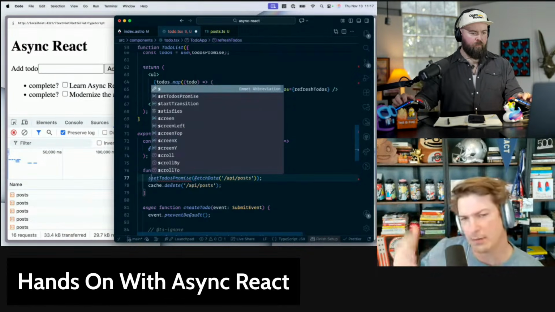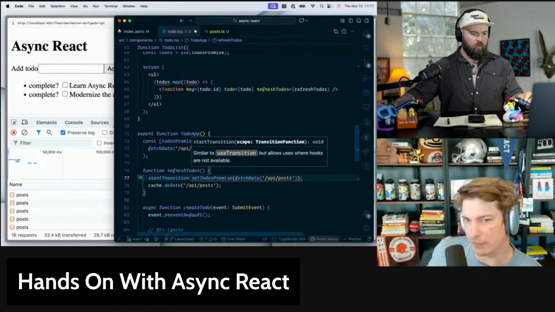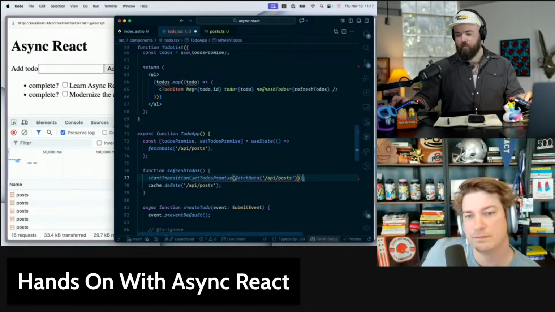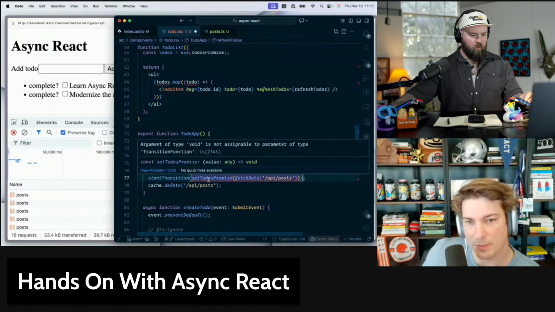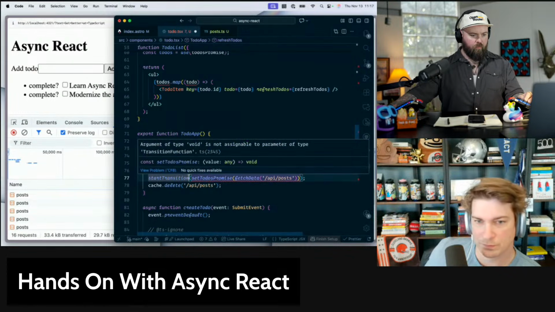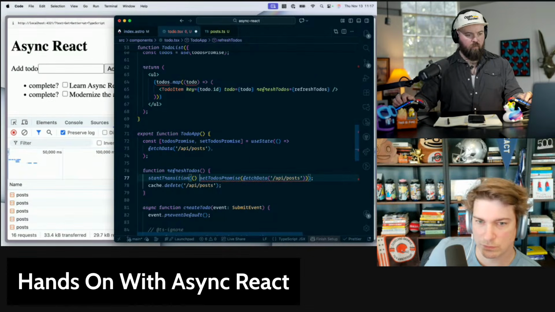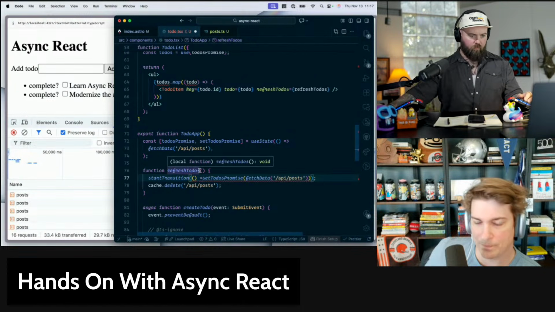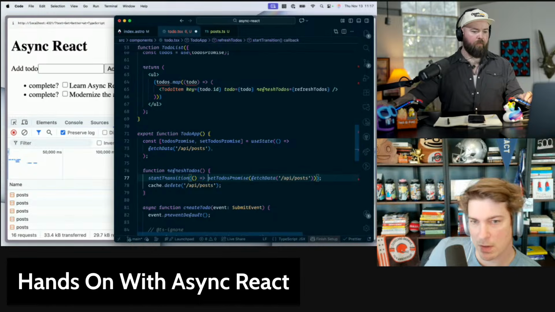This one, which is what a data fetching library would do for you. You'll need that to be a function.